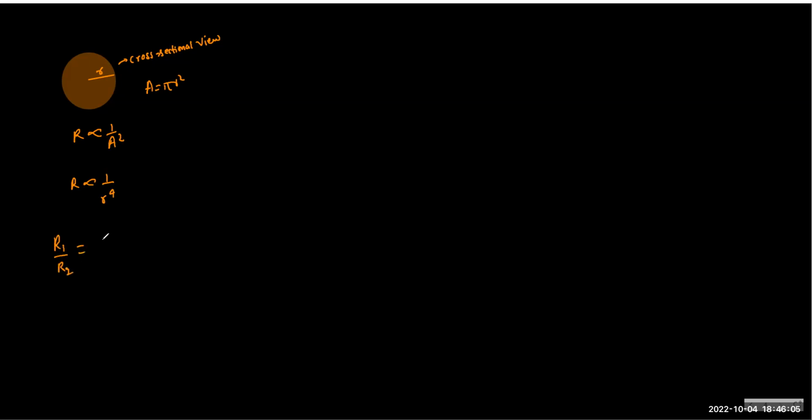But there is one more interesting part, because generally we consider the cross-section as circular. If I say the radius is R, then R is inversely proportional to the square root of A, but we know area itself is pi R squared, which means A is proportional to the square of R. So in terms of radius or diameter, we can add the relation as